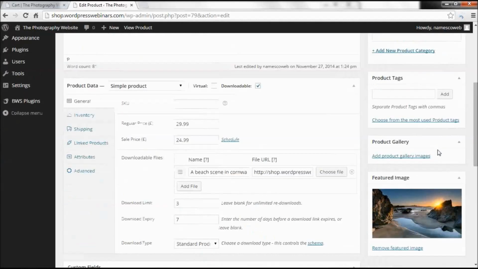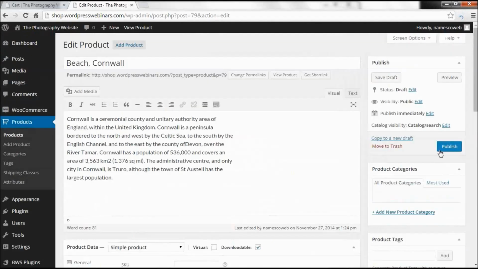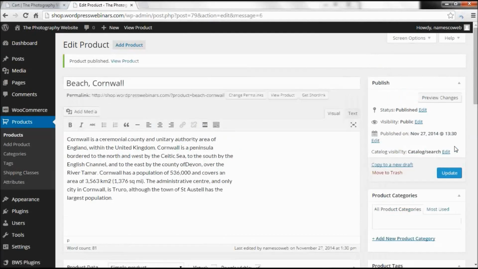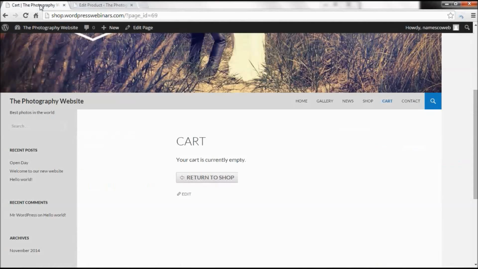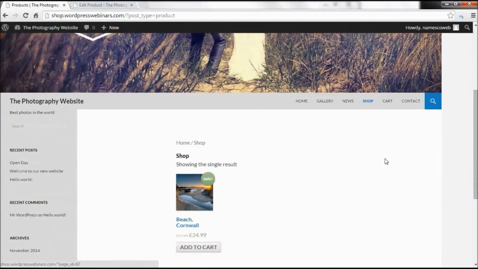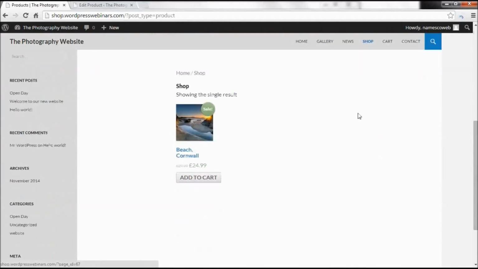So scrolling up, we're happy with all the changes that we've made to the product, and we're good to go and publish it. We click on the button there, which saves all the changes that you've made, and then gives you a confirmation at the top here that the product has been published. So if we come back to the front end of the website, click on the shop link again, and the page loads up,